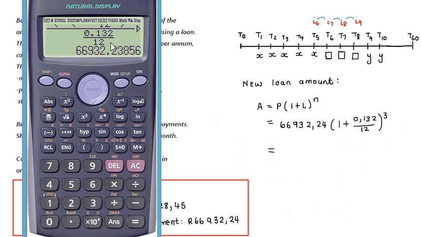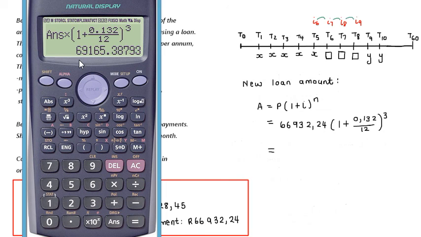Okay, so notice that I don't clear anything from my calculator. You just need to take this amount now and multiply it by this bracket. So 1 plus 0.132 divided by 12. This is specifically 3 months interest. So now her new loan amount is 69,